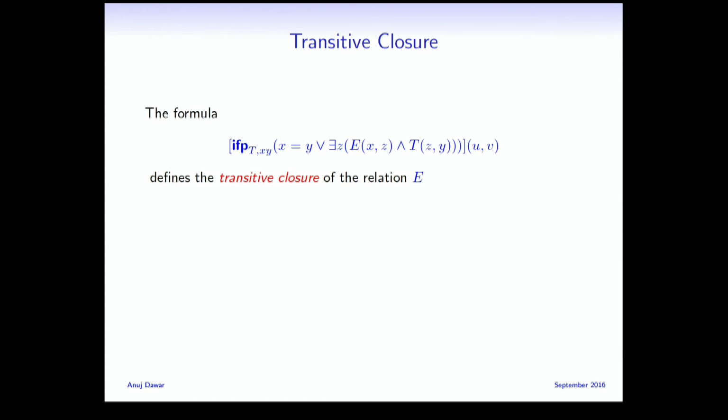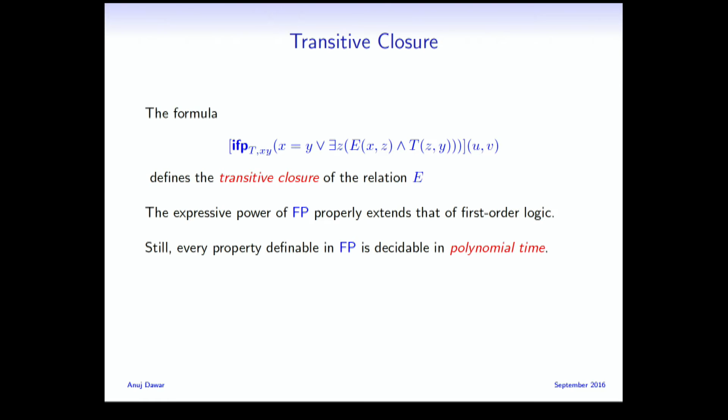So the expressive power of fixed point logic properly extends that of first order logic. This already demonstrates that. You can easily now define that a graph is connected. And I think in Fokion's lecture, we saw a Datalog definition of graph non-two-colorability. But because this logic is closed under negation, we easily have a definition of graph two-colorability, which was another example we saw is not definable in first-order logic.